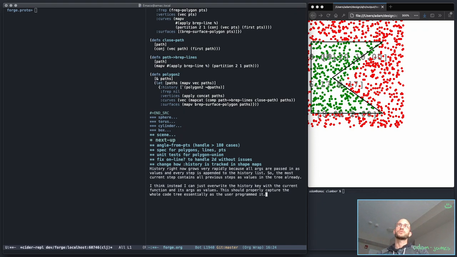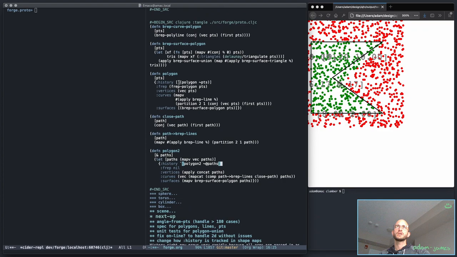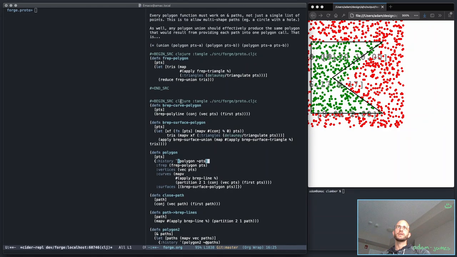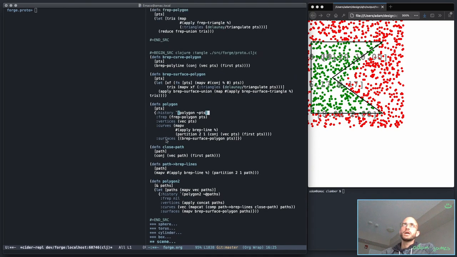It should, so instead of doing this in the history here, if I just do this for every function that calls the history, if I just do this instead, and then if I have a look at any function that modifies the map, which would be things like